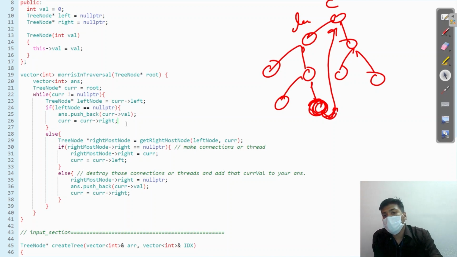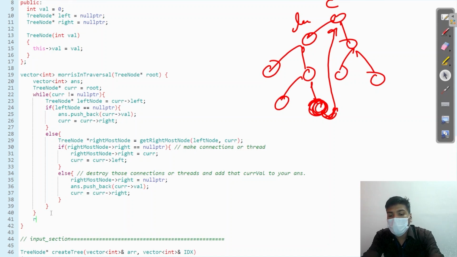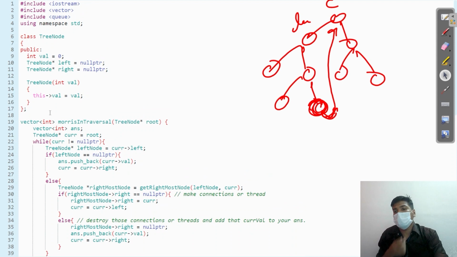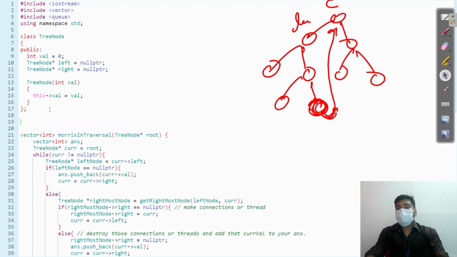So the same thing you did here. This you did here, and this is completed. From here, return your answer. Okay, there could be some typing error, but it is almost done. And the last thing that is remaining is